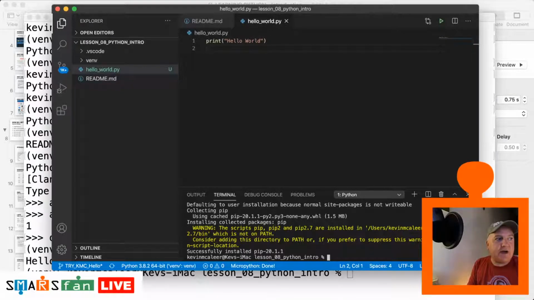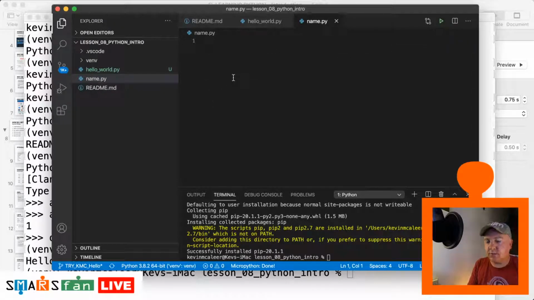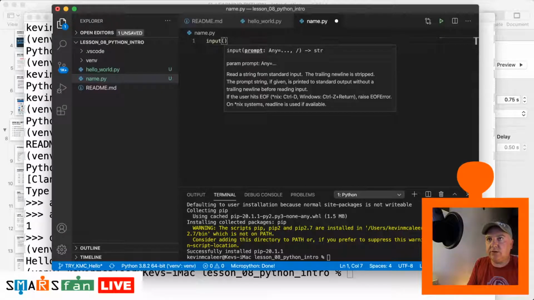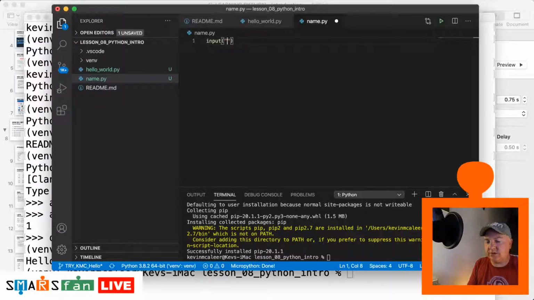Okay, so hopefully you're still following along with me there. So what we're going to do now is we're going to get some input from the keyboard. So this is all very well and good. It's not a very useful program to us. So let's create a new file, and we'll call this one name.py. So on this one, what we're going to do is we're going to write input, and then we're going to say what we want it to say at the input. So please type your name,